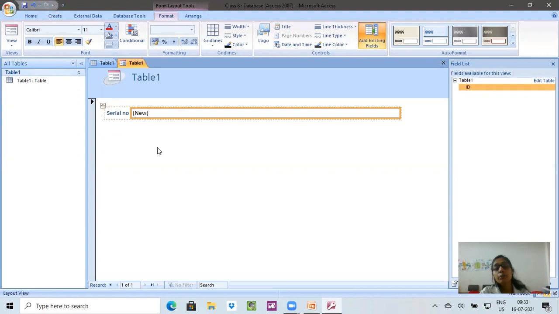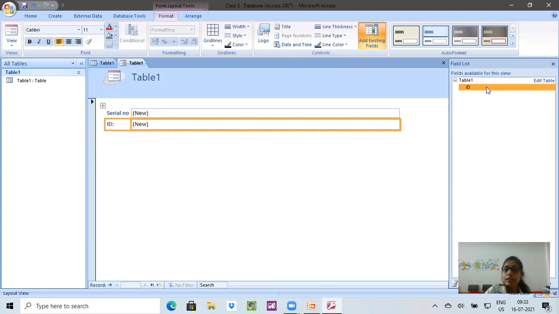I need to add a few more columns in it. So how to create a few more columns? See at your right side, you are able to see ID1 where serial number was written. In it, you have to click on the enter option and see, you have got a new option. Okay. So I will write name in it.